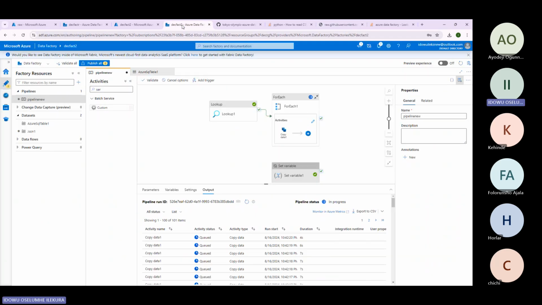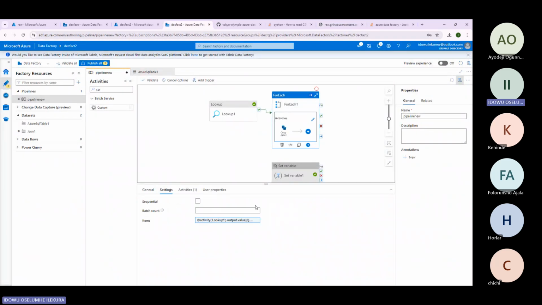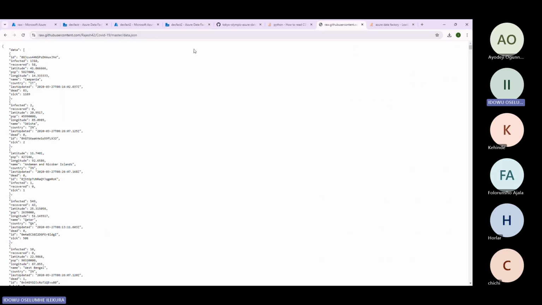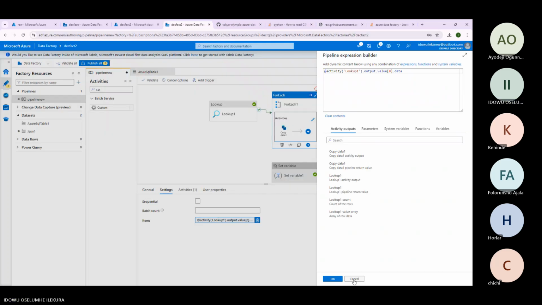If you look at the reason why we were having an issue before, it's the fact that we're not referencing it properly. So you have your output.value, and then 0 is telling you that you're getting the array, the first array, right? So if you look at this, this is your value. And if you look at the output of your lookup,